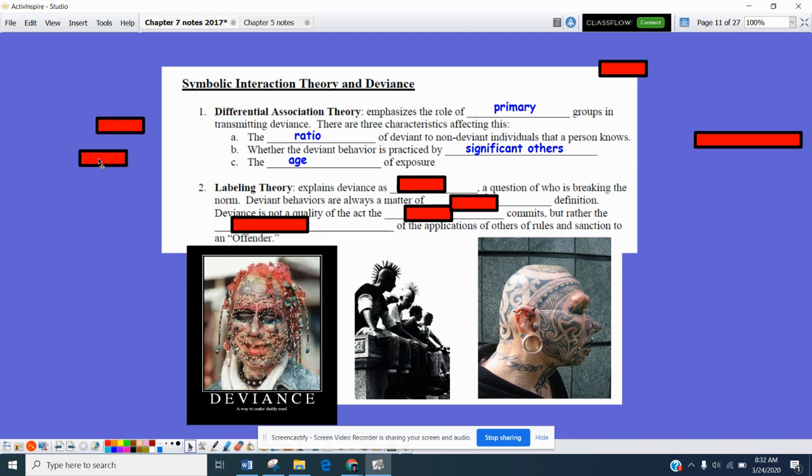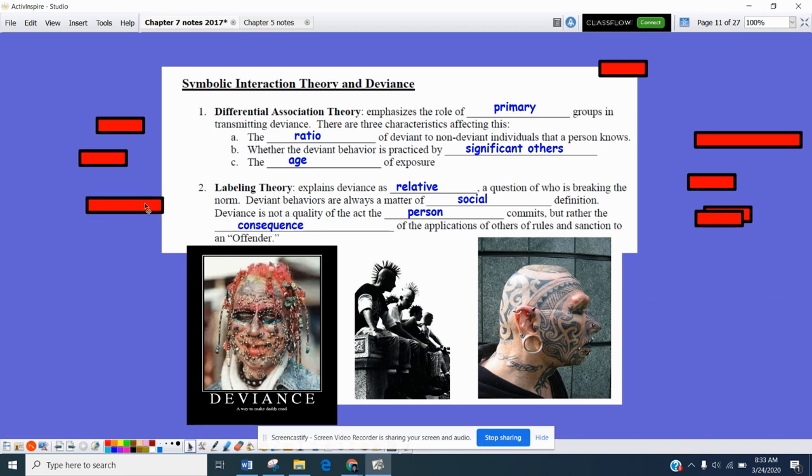So there's also the labeling theory, which is probably tied in more with the images that you see below, but this explains deviance is relative, meaning it's a question of who is breaking the norm. So deviant behaviors are always a matter of a social definition. Deviance is not necessarily a quality of the act the person commits, but rather the consequence, the application of the rules and sanctions